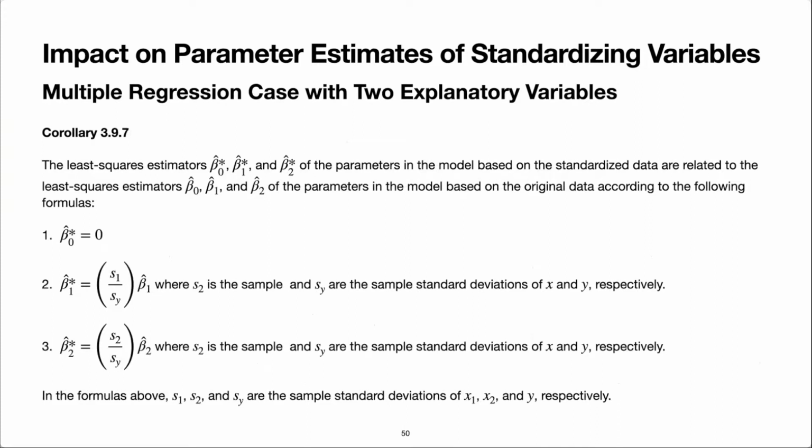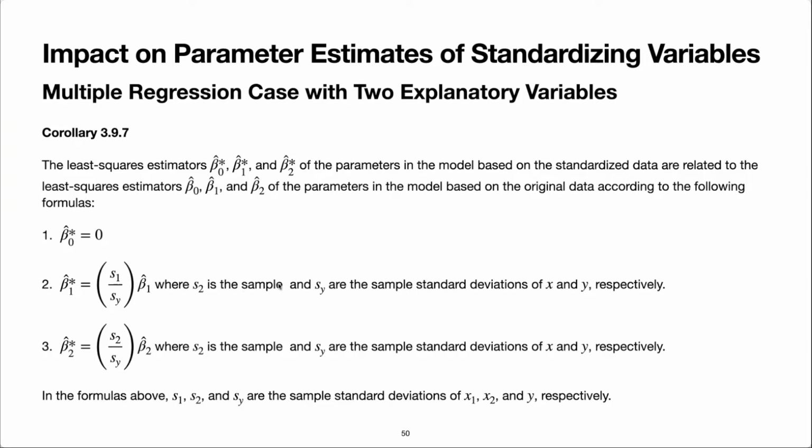So the least squares estimators beta 0 star hat, beta 1 star hat, and beta 2 star hat of the parameters in the model based on the standardized data are related to the least squares estimators beta 0 hat, beta 1 hat, and beta 2 hat of the parameters in the model based on the original data according to the following formulas. Beta 0 star hat turns out to be equal to 0. Beta 1 star hat is given by S1 over S sub y times beta 1 hat,